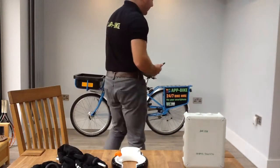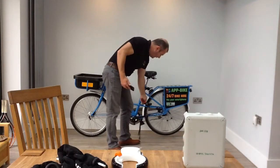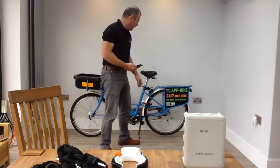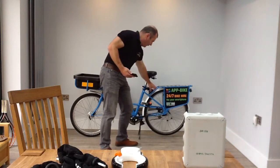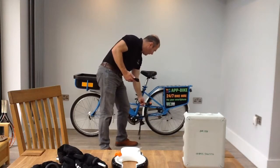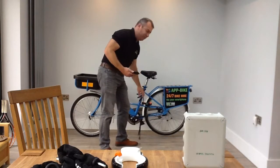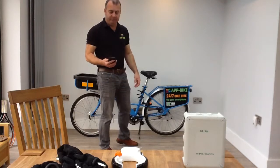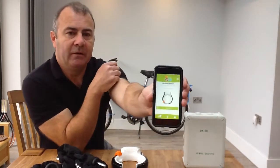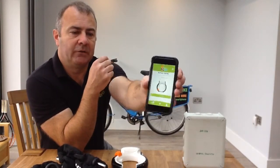And we'll walk over to the bike and put the lock into the lock position with the manual orange lever. And if you want to, using the cable, wrap it around a cycle stand and plug it in to the lock as well, even though it's in lock position already. You can do that as many times as you want during the rental. When you come to want to stop, then at the bottom there you have the option of stopping the rental. If we do that,